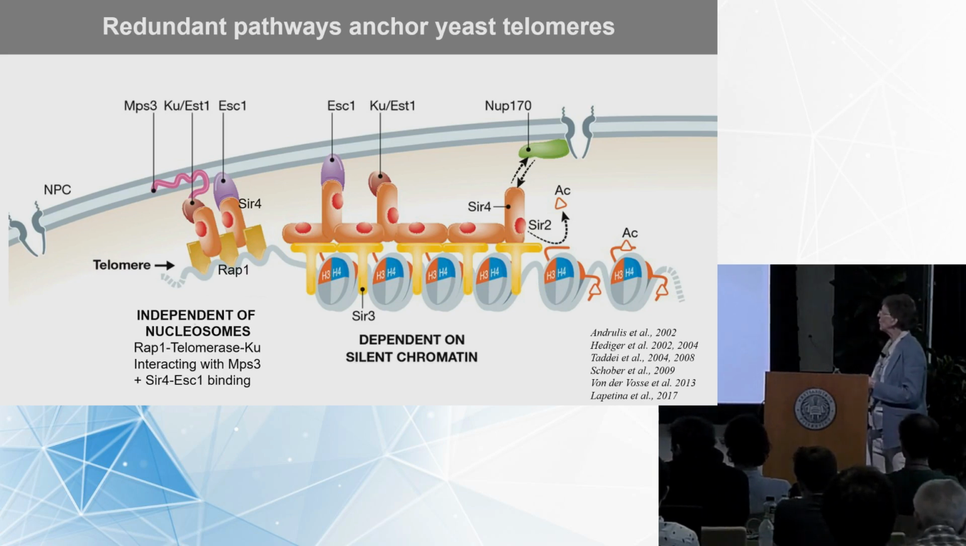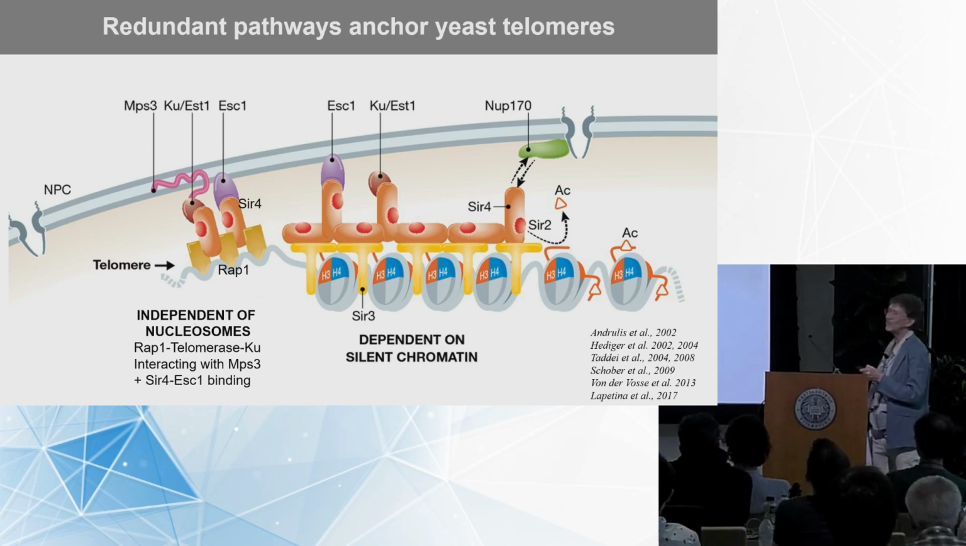But there's also the silent chromatin pathway. So dependent on silent chromatin, you also bind the SIR complex, which is what actually silences, the SIR3 binding the face of the nucleosomes, protecting it from polymerase and other nucleolytic attack. SIR3 binds SIR4, SIR4 binds SIR2, which allows propagation, and then the same mechanisms of anchorage kick in, plus an